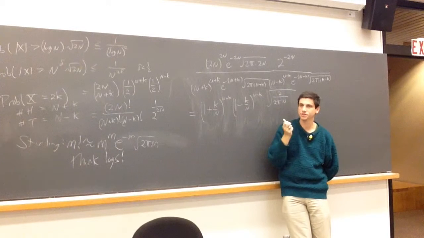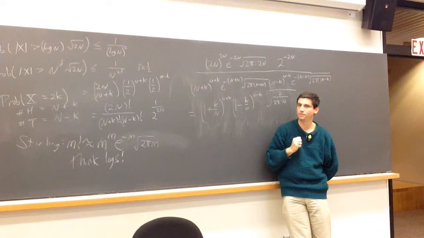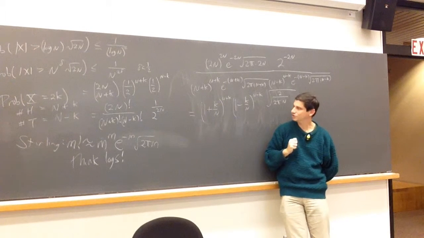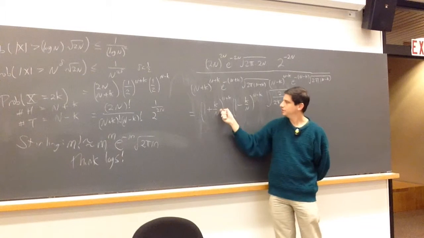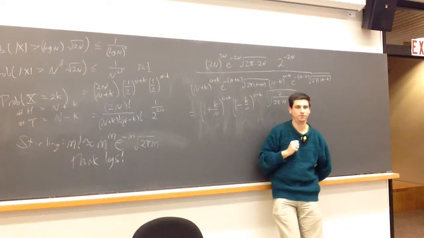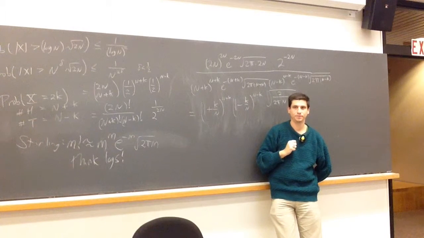Not 1, close. 1 plus n plus k times k over n. Nope. Not close to e, but not quite e. Are you saying what does 1 plus k over n look like? Yeah, if I raise it to the nth power. 1. So e